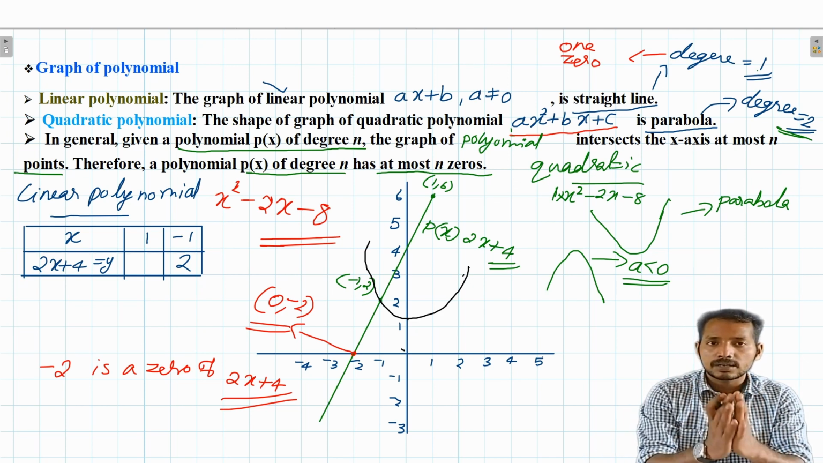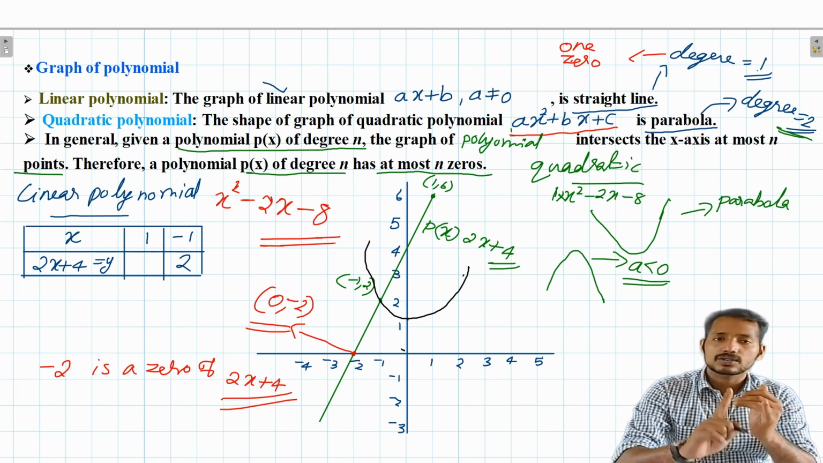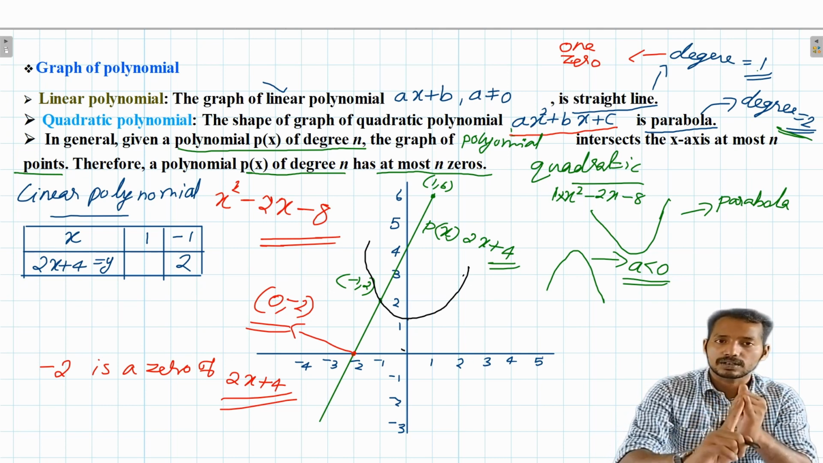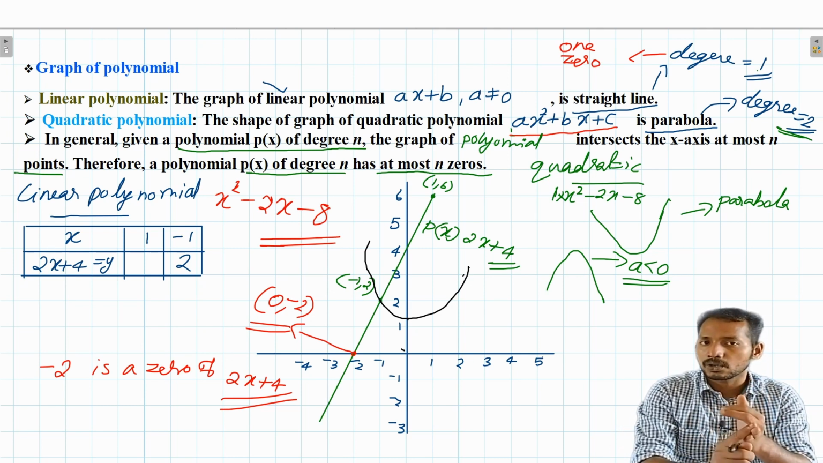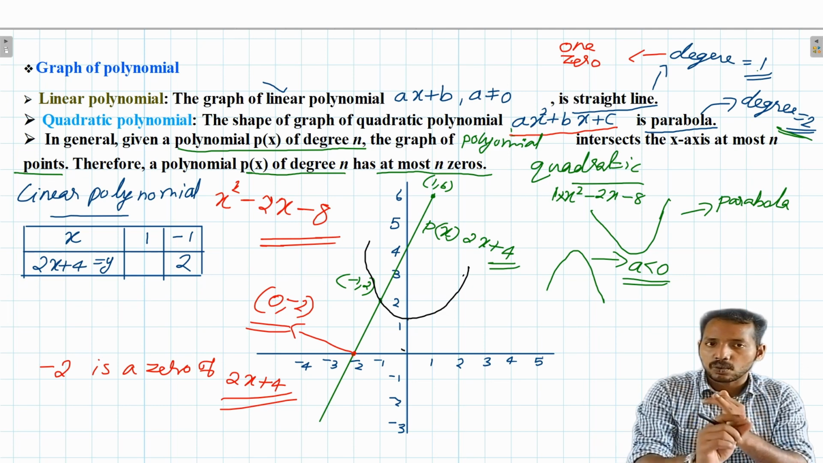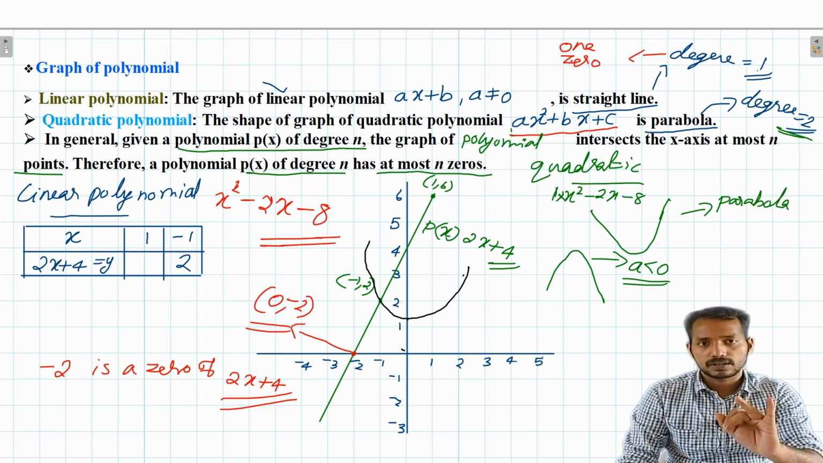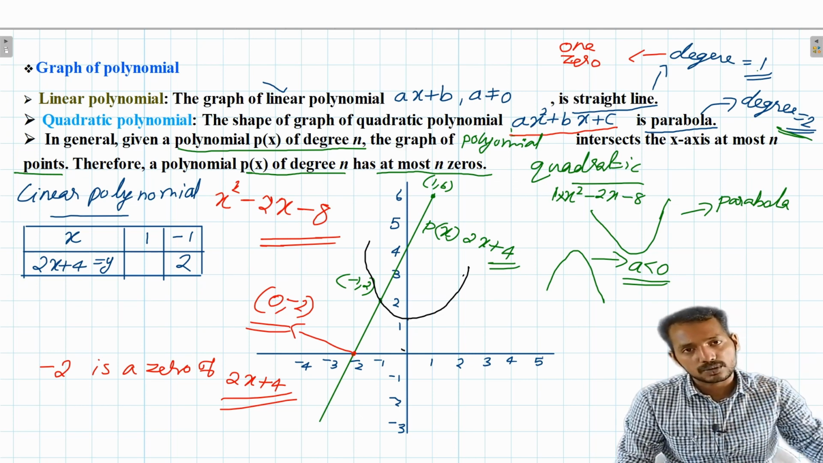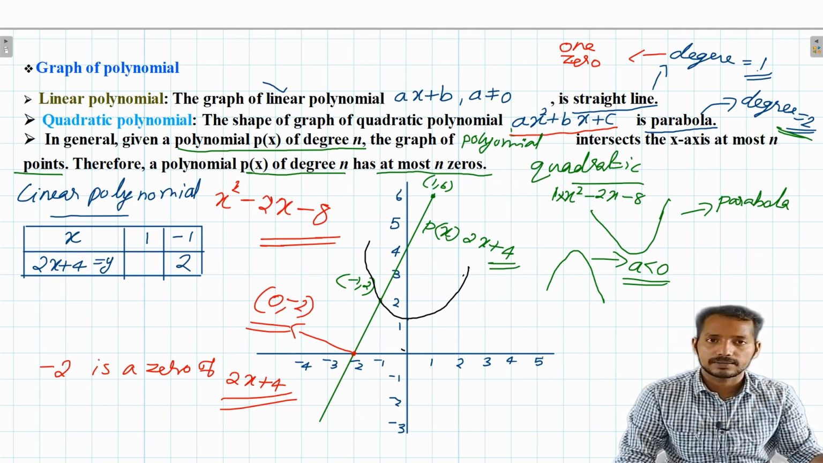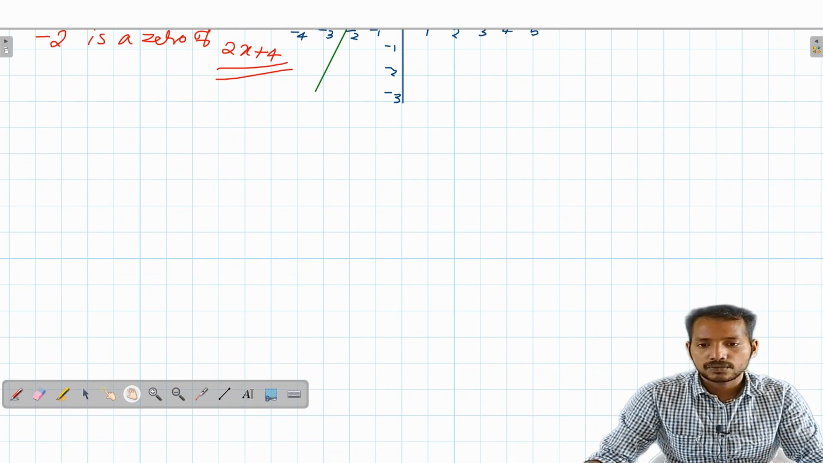So in the case of a linear polynomial, its degree is 1, so the maximum number of zeros possible is 1. And in the case of a quadratic polynomial, its degree is 2 and the maximum number of zeros possible is 2. It can be 1, it can be no zero. Clear? And in the case of a cubic polynomial, we can say that